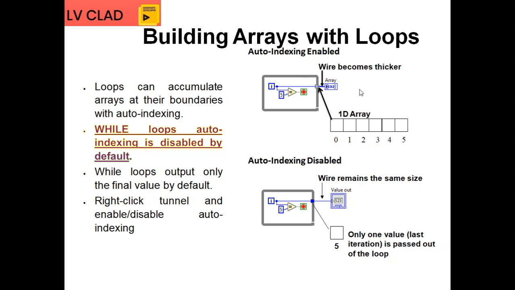So as I mentioned, the wire is very thick when we compare it with this line. When auto indexing is disabled, the wire remains the same size, like a numeric indicator, a single scalar value alone is going to be present. That's why it is the same wire size, and it will accommodate the last value, but here you can see an array of all the iteration values. Okay,